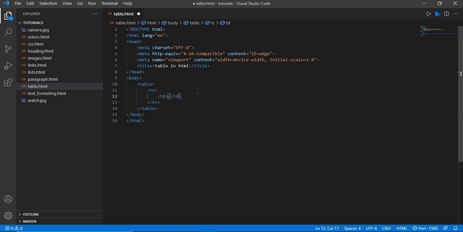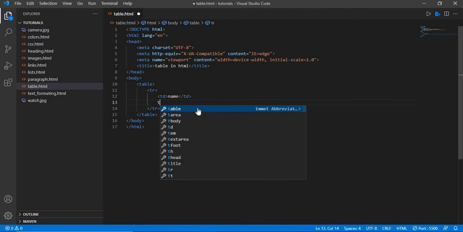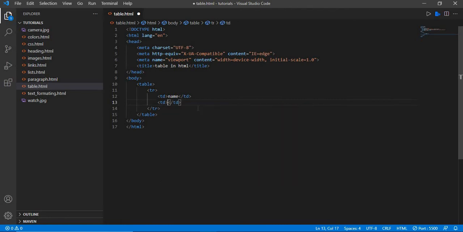In the first column, suppose we give name. And we'll create the second column in the same row, where we'll write age.